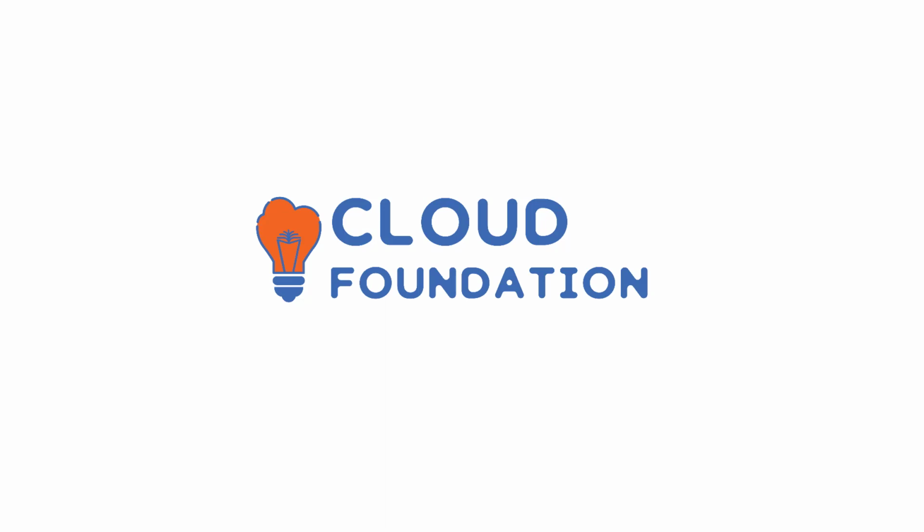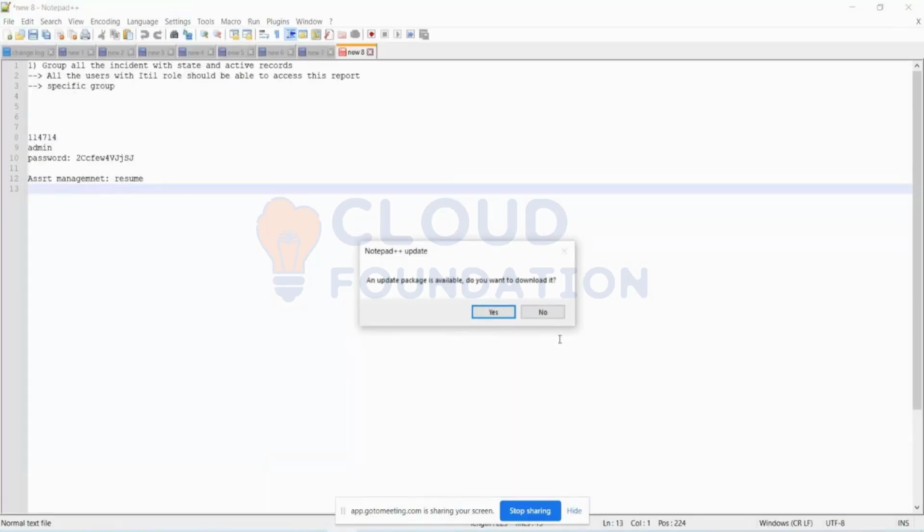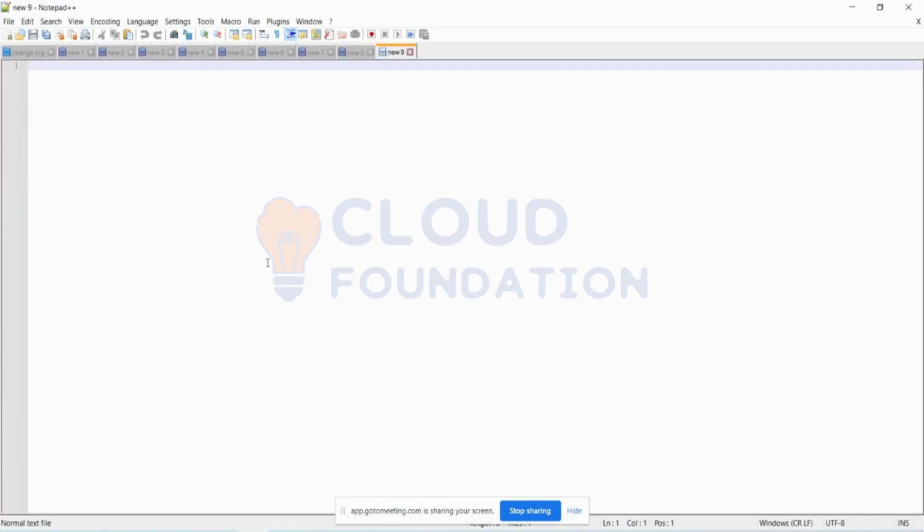Let me just share my screen. We will take it to the integration. First I'll give you an overview of integration. REST API is implemented by Postman or some other third party tools we are going to use. Integration will be achieved within the system and also with the third party application. Today we'll learn about REST because SOAP is obsolete. Not much SOAP integration is in scope now. So we'll start off with that.